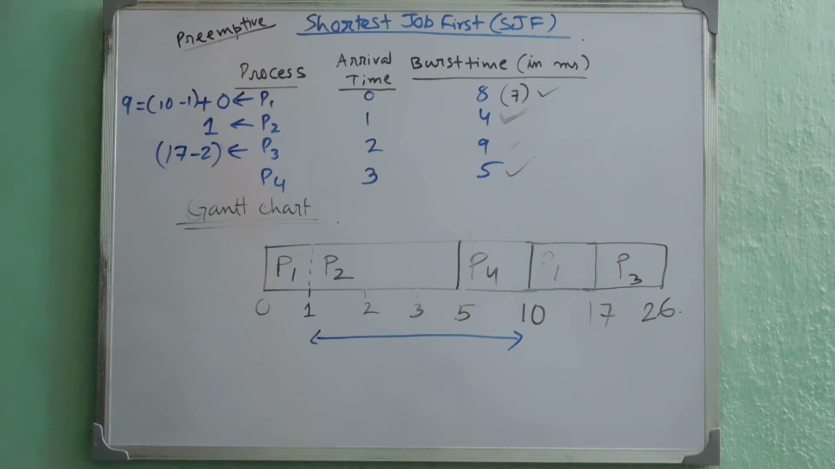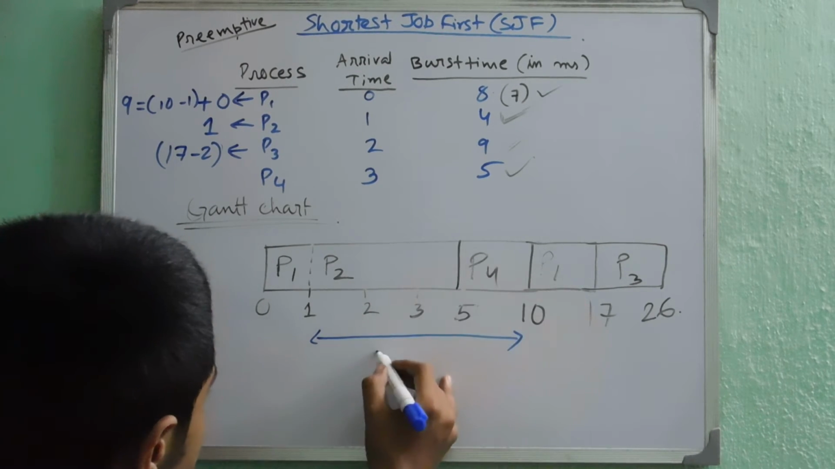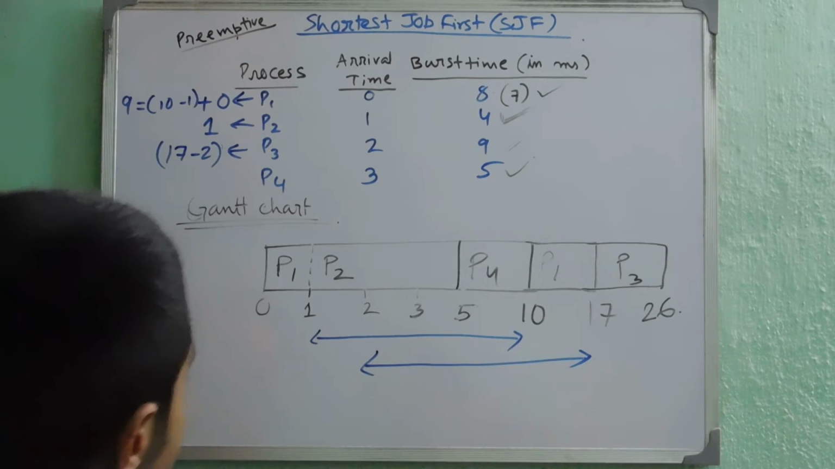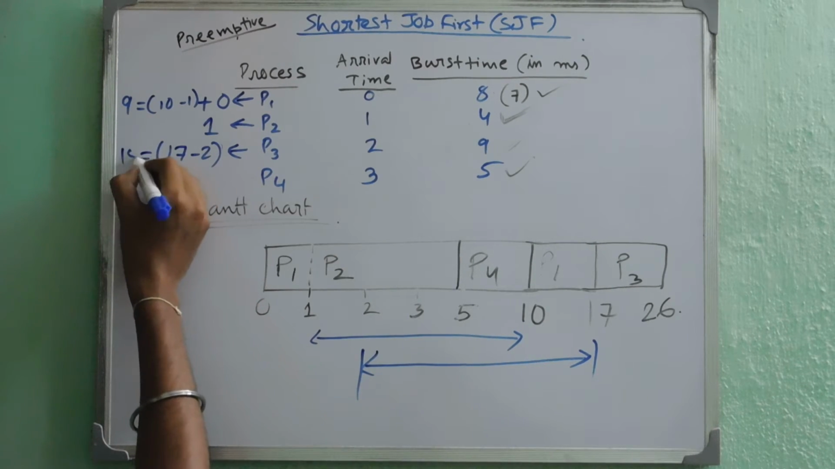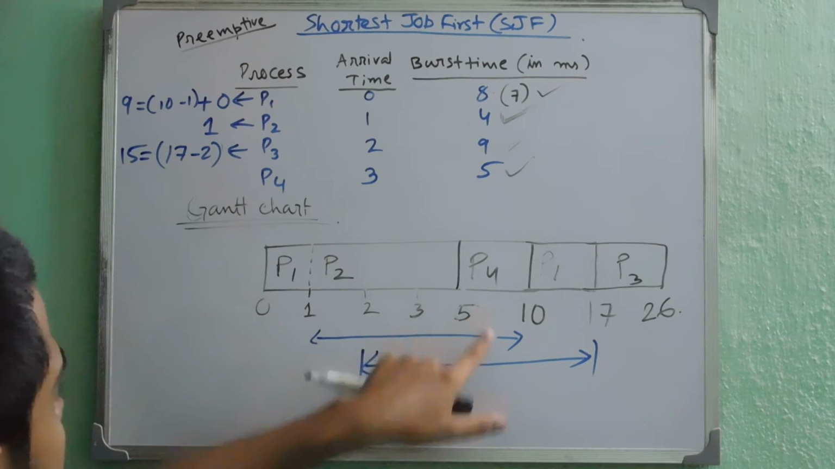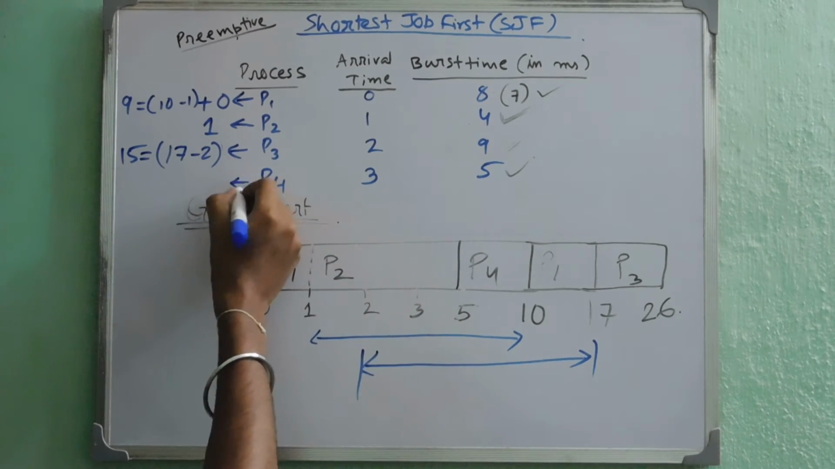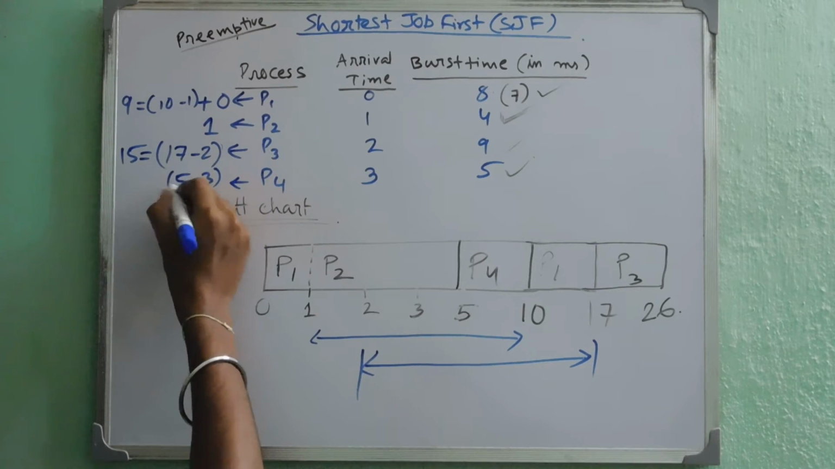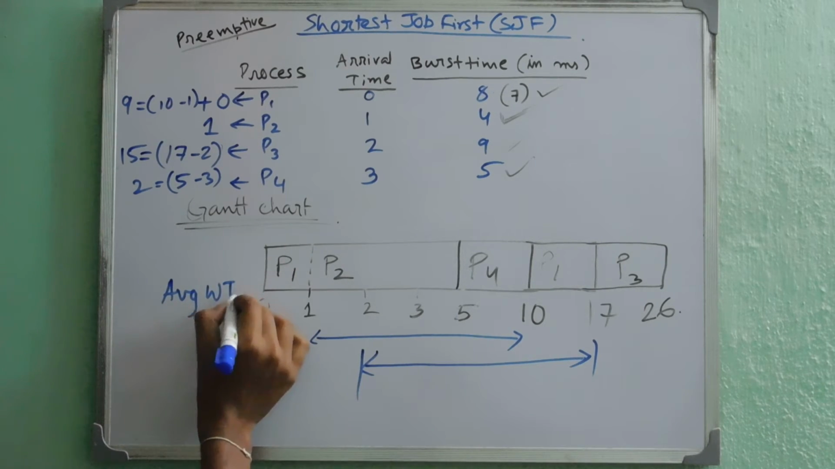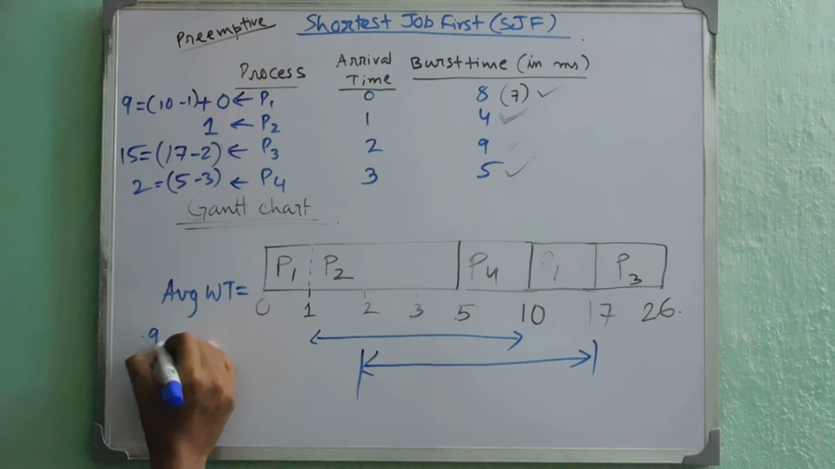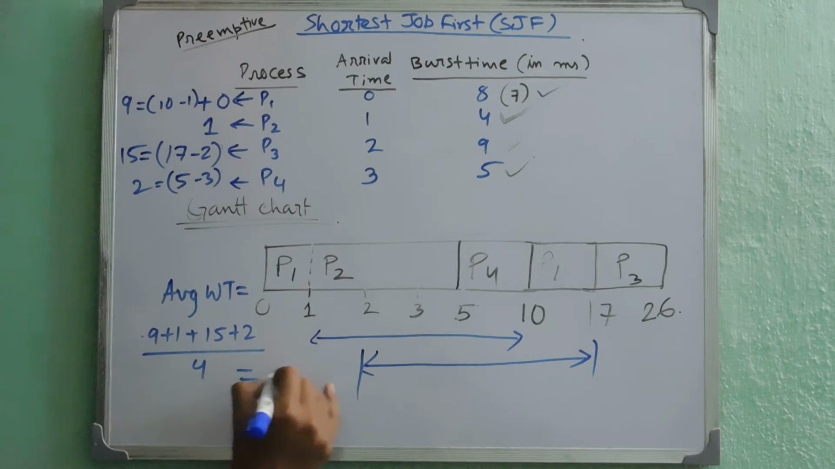because its actual arrival time was 2. So the waiting time for P3 is from 2 to 17. So 17 minus 2, that is 15. And then we have P4, which arrives at 3 but gets the CPU at 5. So the waiting time is 5 minus 3, that is equal to 2. So the average waiting time is equal to 9 plus 1 plus 15 plus 2 divided by 4, which is equal to,